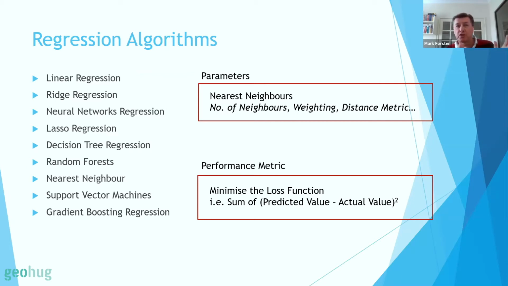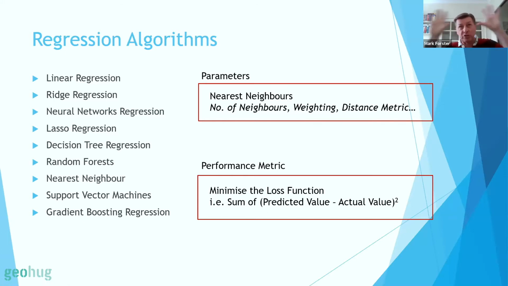And then once you've chosen one of those algorithms, they have a whole lot of parameters as well. There are often 50, 60 different ways you can run one of these algorithms. For example, with the nearest neighbor algorithm, some of the parameters are: if you've got a data set, how many data points do you want to use to calculate your prediction? You can say, I want to use 5 neighbors or 10 neighbors. And then, do you want to use distance weighting?